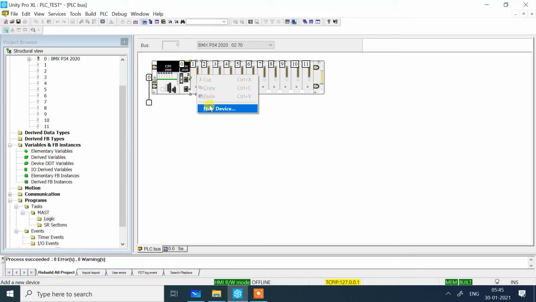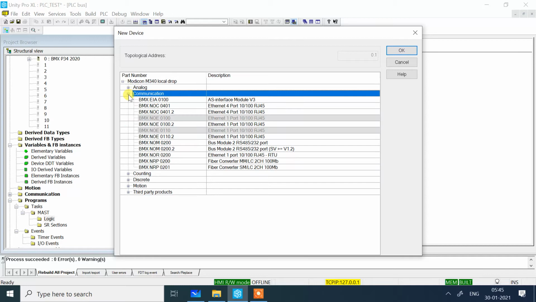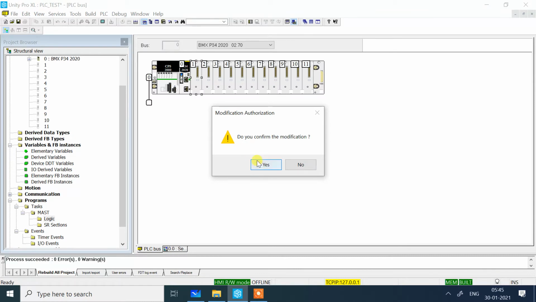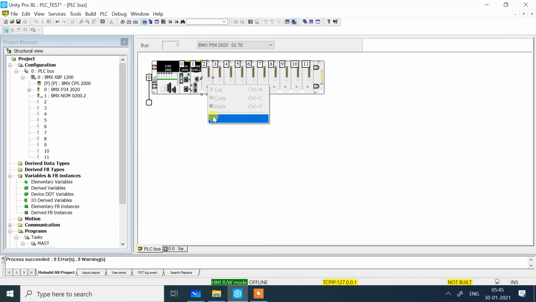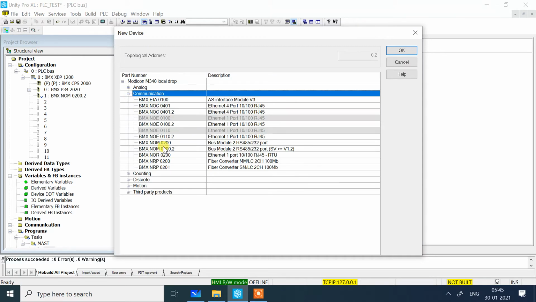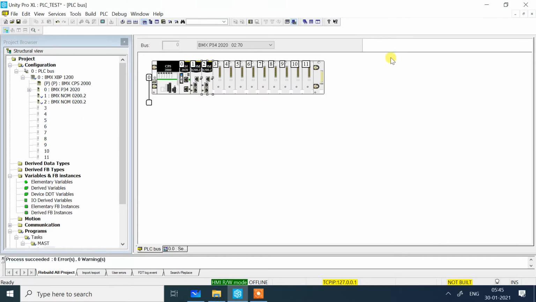Now we need to add a NOM card: go to communication, select NOM, click OK. Yes, confirm. Add another new device: go to communication, select NOM card, click OK. So as per the architecture, the power supply, CPU and two NOM cards are added.